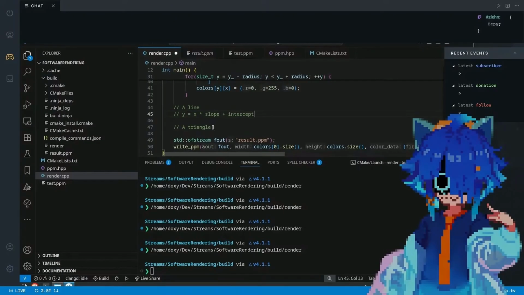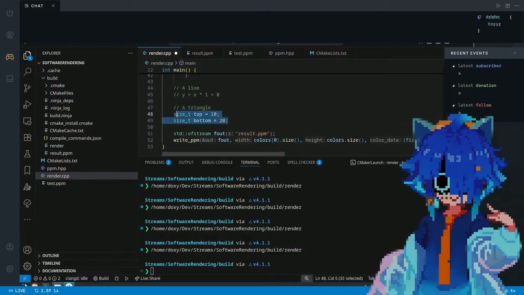We're going to do a very simple line that's going to go through the origin, so our intercept is 0, and it's just going to go down 1 pixel at a time, so its slope will be 1. So what we can do is just straight up draw a rectangle and then check if these conditions are true. So we're going to create a couple of variables for where we want our line to start and